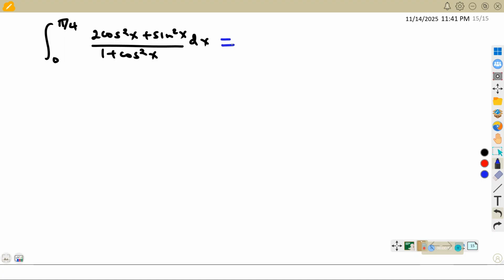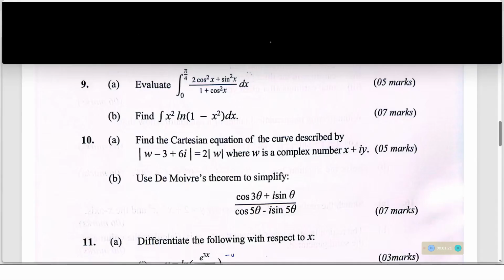So looking at what we are having, we can easily say that this definite integral can be simplified by looking at manipulation of the integrand that is given. So basically, we shall try to simplify what we have here. So we have from 0 to pi by 4, 2 cos squared, I want to put everything in terms of cos. So this is same as 2 cos squared